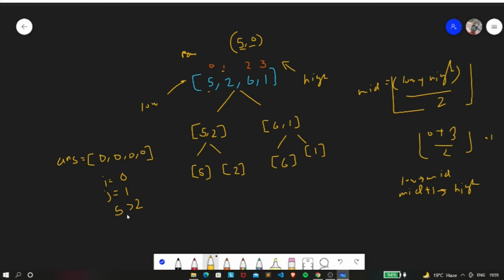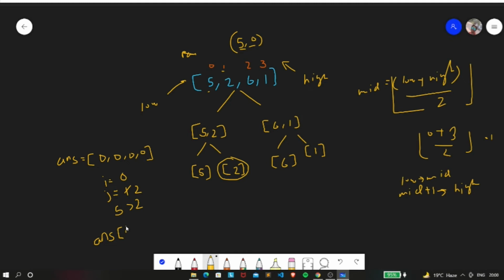If this condition is satisfied, then we increment j by 1, so it will be 2. Now if j exceeds the size of the right hand subarray, or if this condition doesn't satisfy, then we need to perform this operation, that is, we make answer of